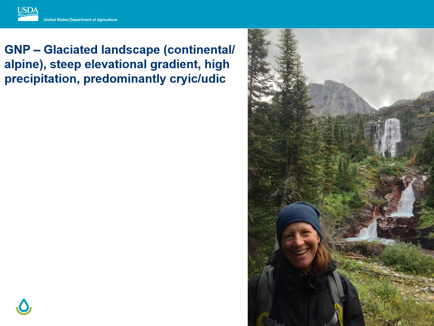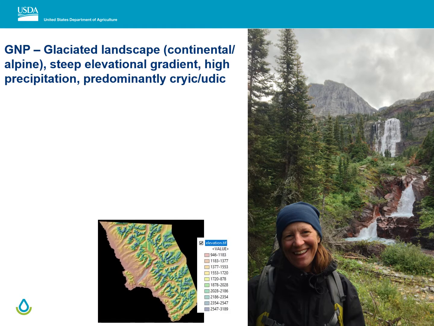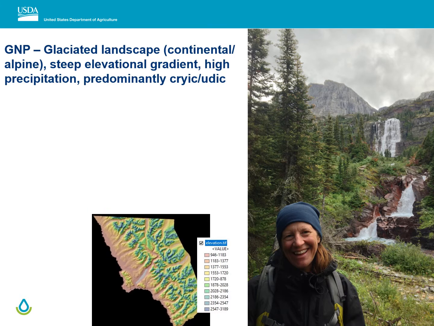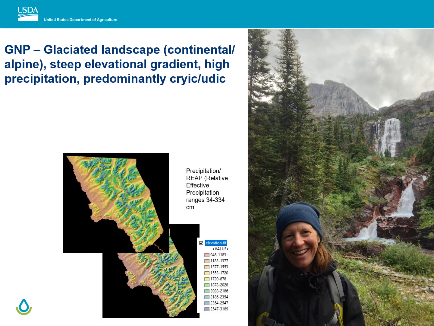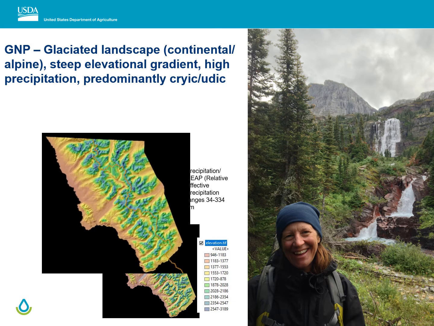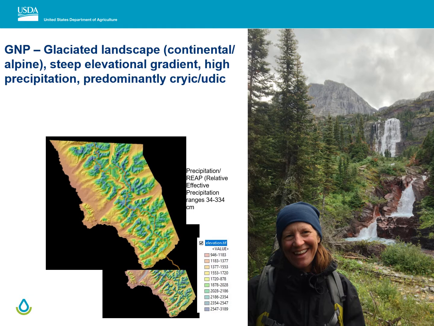The mountains of Glacier National Park have classic landforms which are formed from both continental and alpine glaciation. The steep elevational gradient and associated climatic factors cause there to be high rainfall west of the continental divide, with high snow loading in the alpine areas, and drier conditions east of the divide with higher continental winds along the